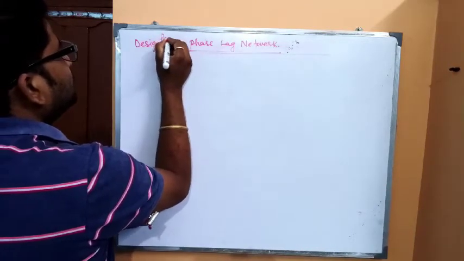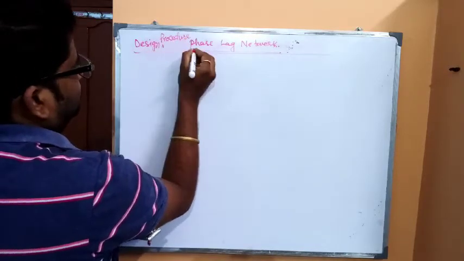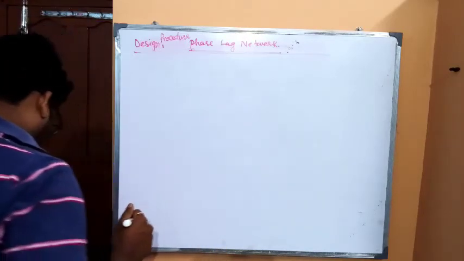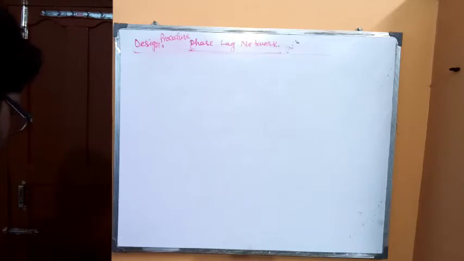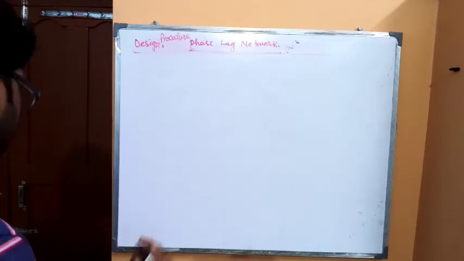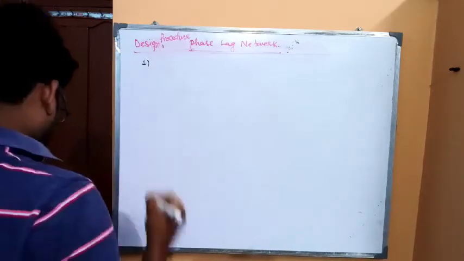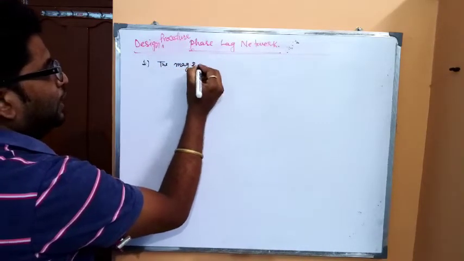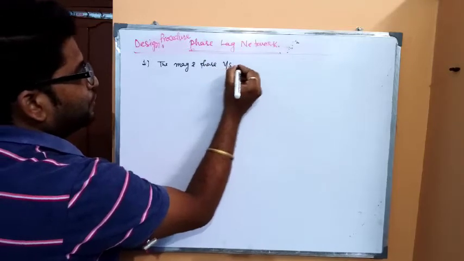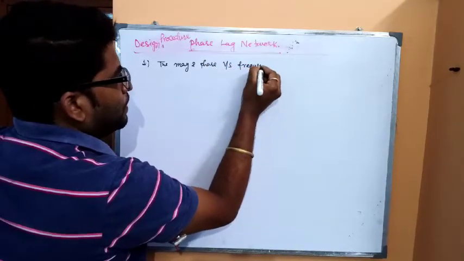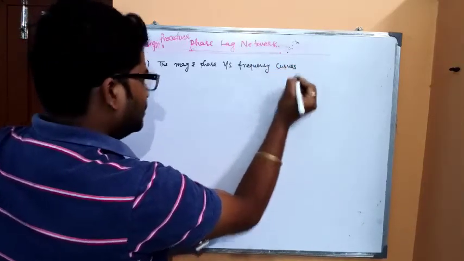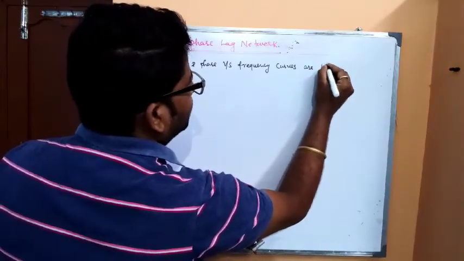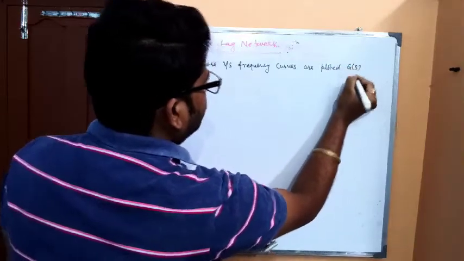It also has 7 steps. So the first step is the same: the magnitude and phase versus frequency curves are plotted for G of S for the uncompensated system,